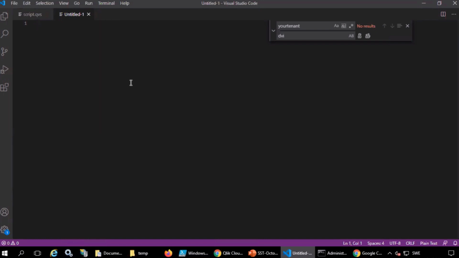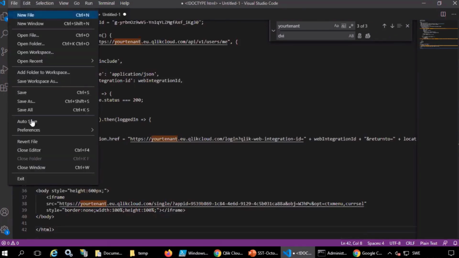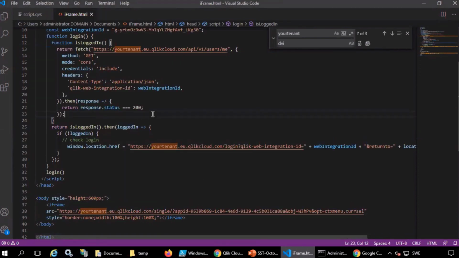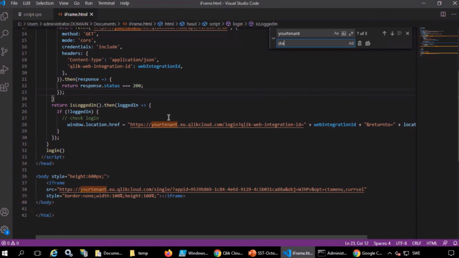That's right. What I'm going to do now is create a new file, paste the script, and save it. I'm going to move it to the IIS folder later on. The only reason I'm not doing it directly is that I don't have rights to save directly in the IIS folder. Now I've saved my file, and you see that I have the coloring, making it much easier to read.